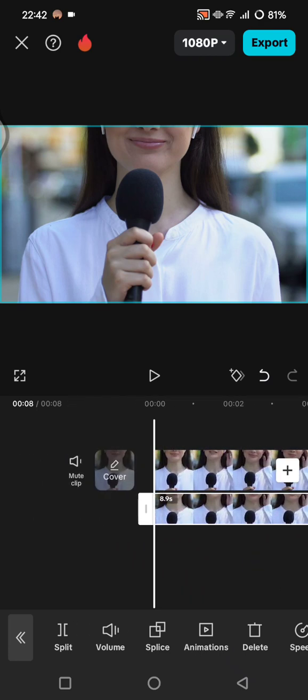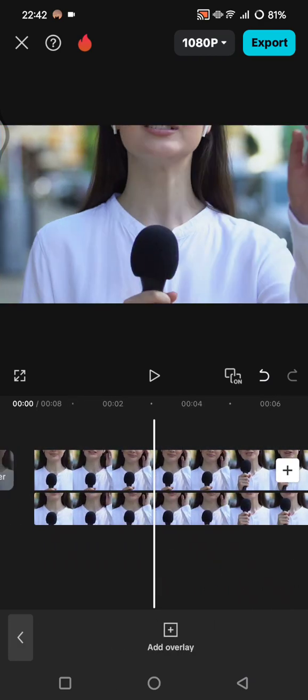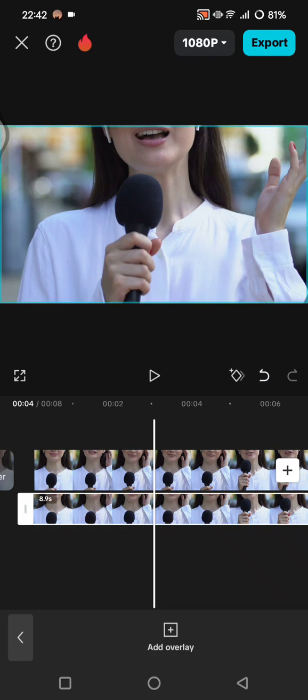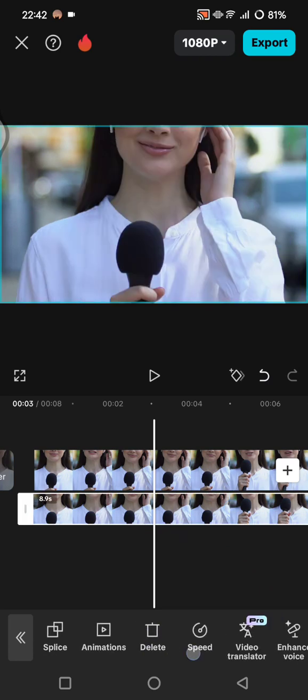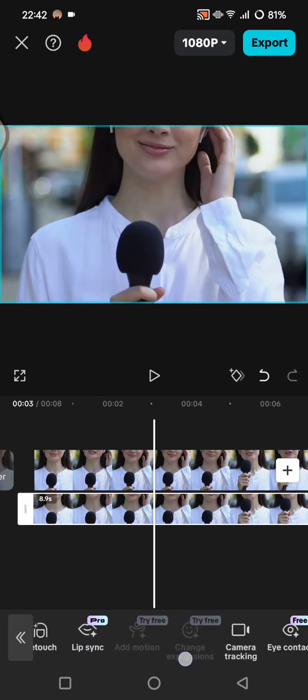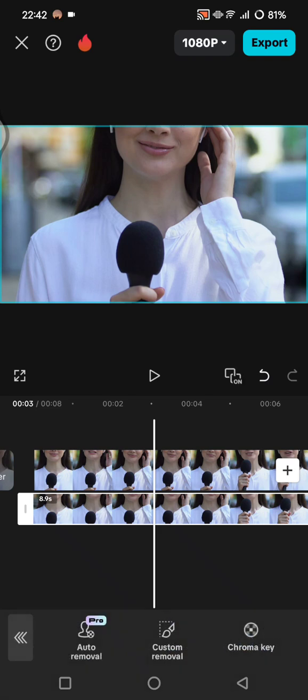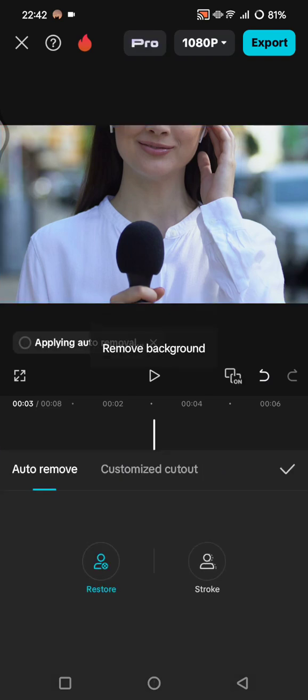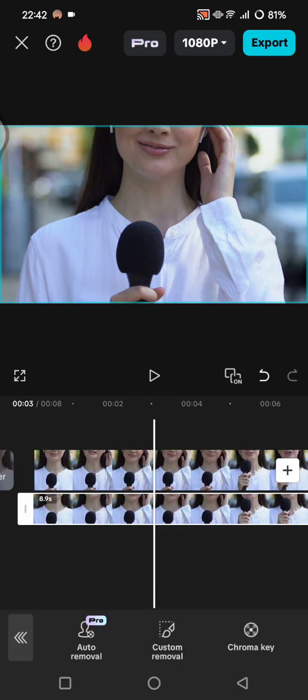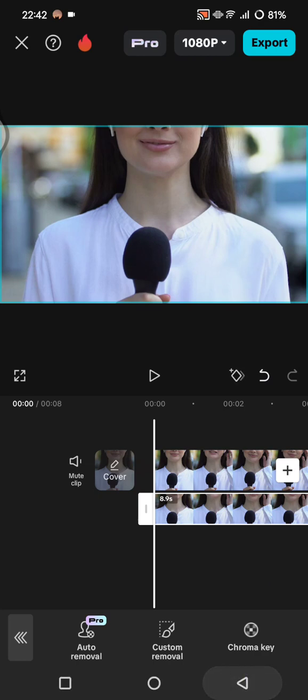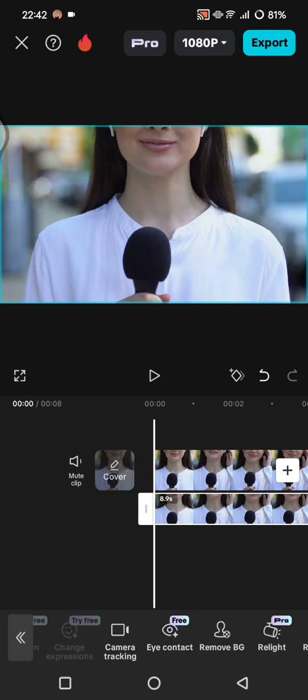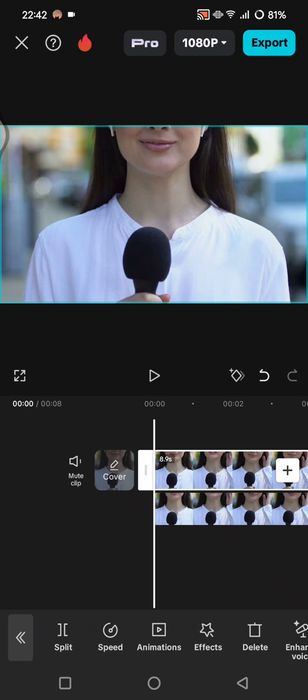So now the two videos will be positioned like this, and you can just click on the overlay versions and find the remove background options, this one, and choose auto removal. Okay, so once the background is removed, you can click on the check icon, and now you can just click on the first clip